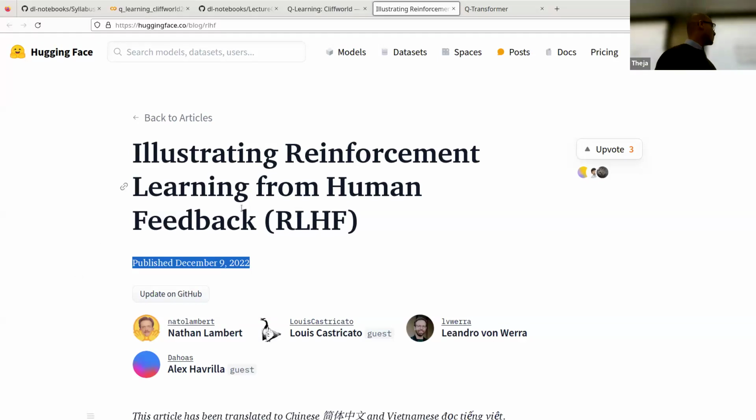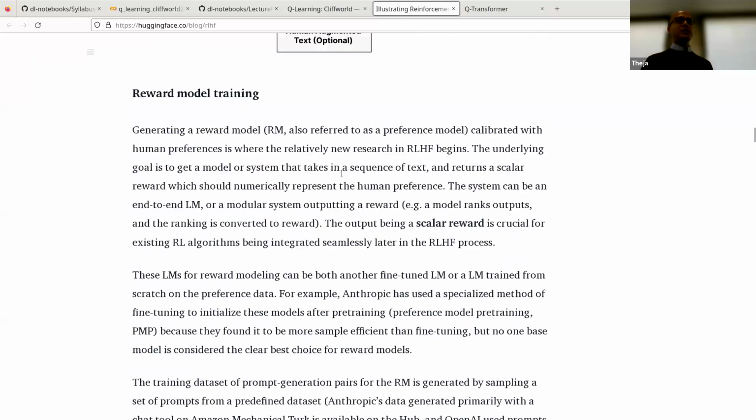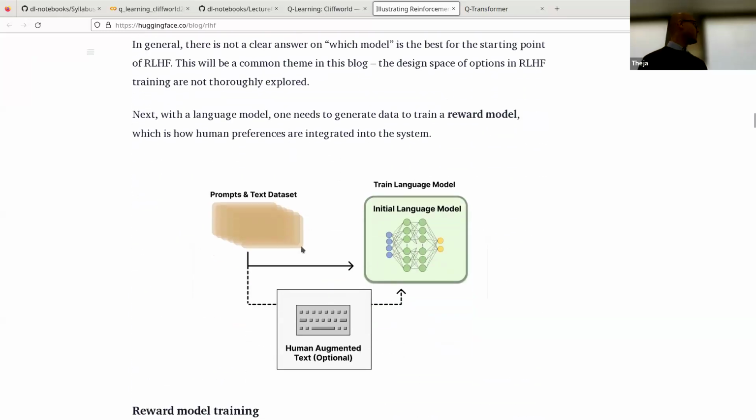So the idea in 2022, and this is what I showed last time very briefly, was reinforcement learning from human feedback to further improve the LLM. Okay, so let me just go down to that image. So this is what you would do, right? So this is what we've discussed in previous lectures. We have some data set, it doesn't have to be even prompts,